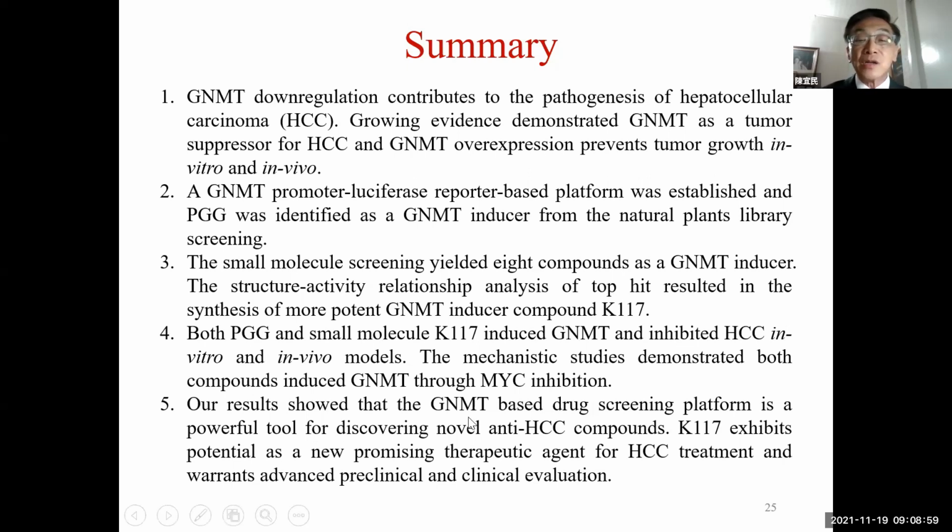So the results show that the GMT-based drug screening platform is a powerful tool for discovering novel anti-HCC compounds. And the small molecule K117 exhibits potential as a new promising therapeutic agent for HCC treatment and warrants